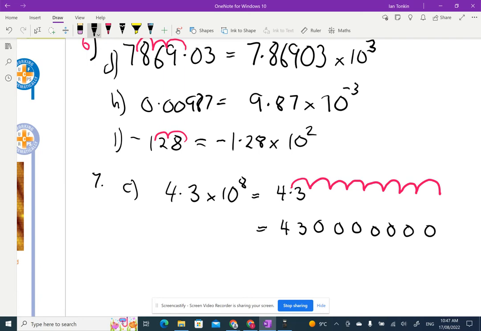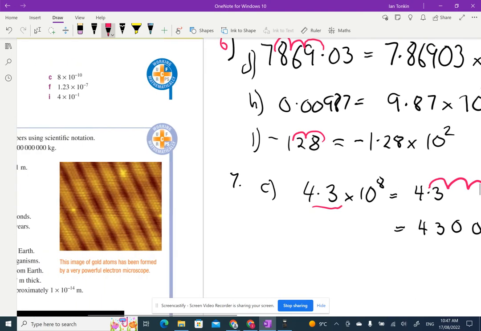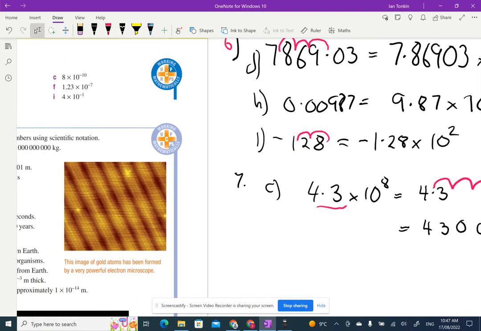Now I'm not going to say the number of zeros is 1 less. It depends how many decimal places are actually in this number. So you've got to be careful with these ones. So we'll look at the next one, which is